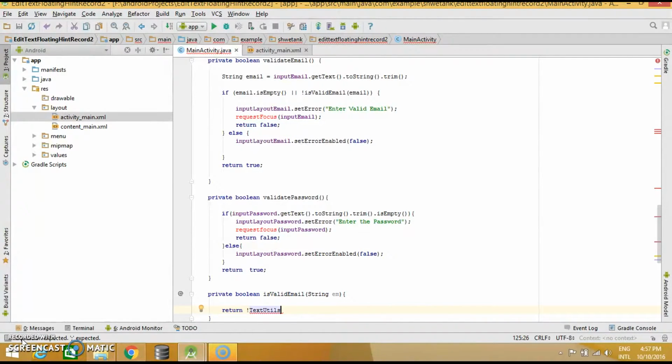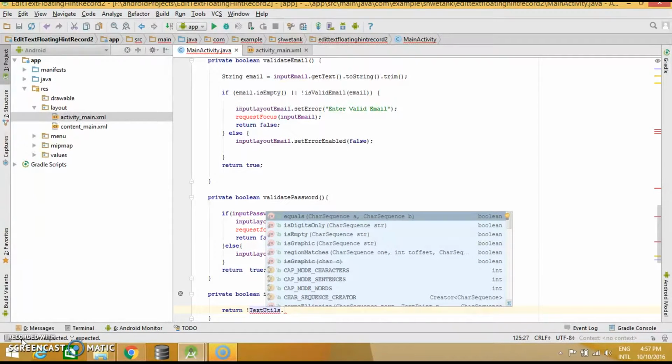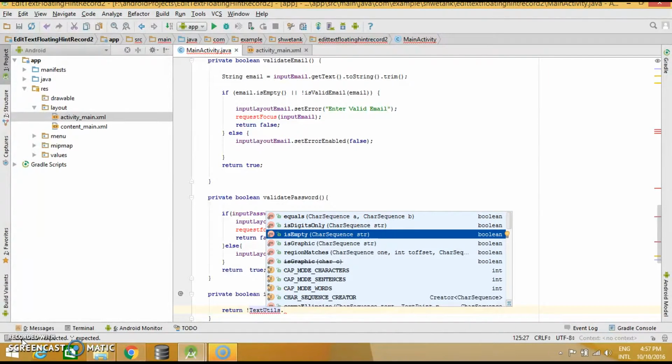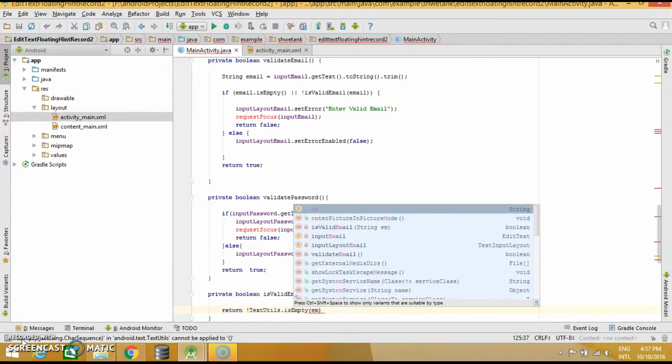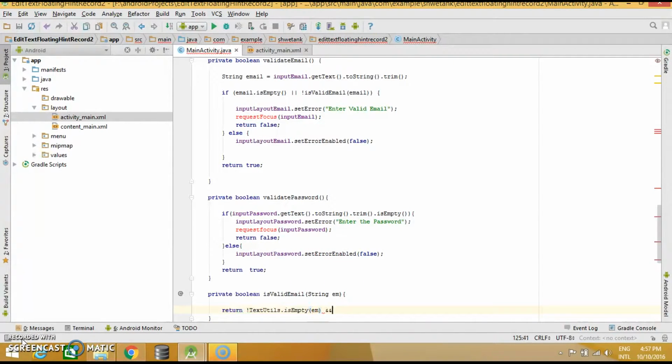We'll first check if it's empty or not. And we will also at the same time, both these conditions should be met, that it follows the pattern which